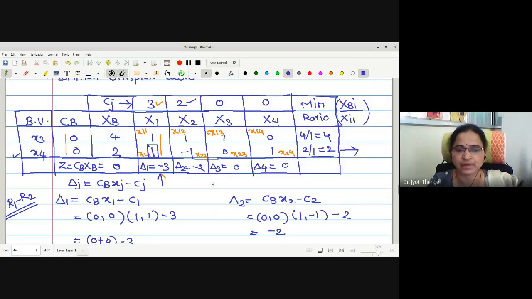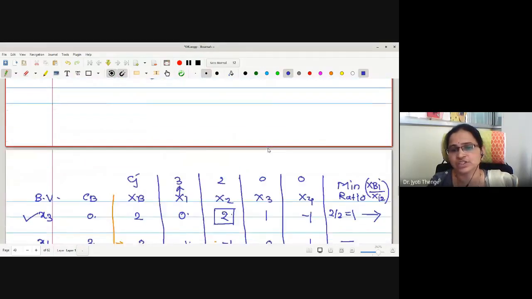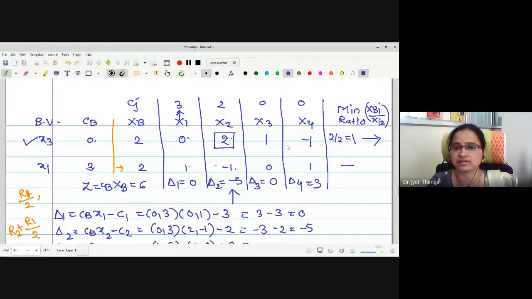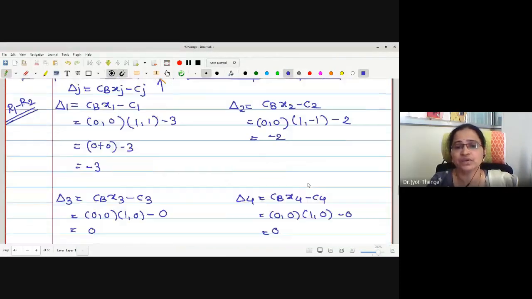This is the first tip. Second is, whatever the basic variables we are writing, no need to do the row operation calculations for these values, because for x3, x4, it has to constitute the corresponding identity matrix. Therefore, the first basic variable gives me the first column of identity matrix. Second variable gives me the second column of identity matrix. Check in this also: x3, 1, 0, x1, 0, 1. That is why we are converting.